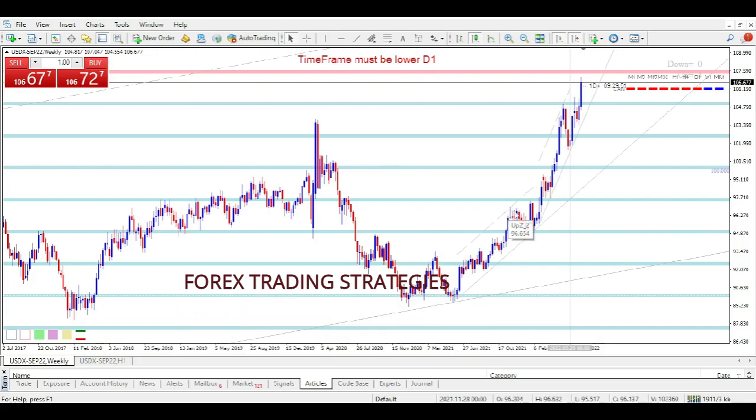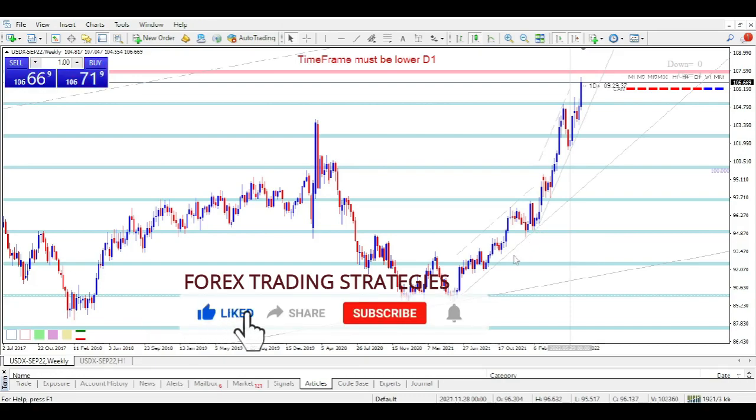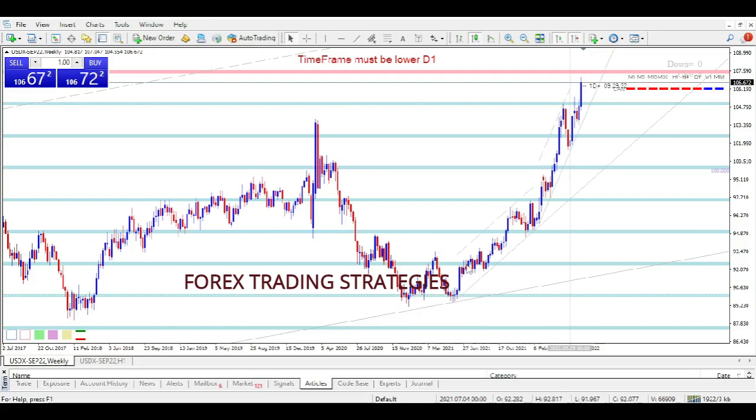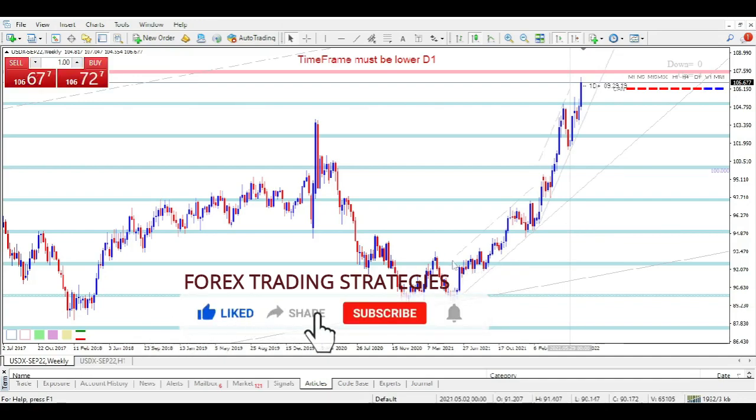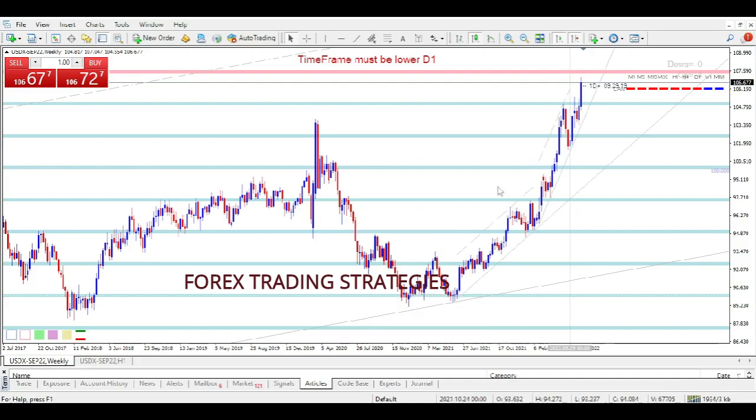So if you're going to be analyzing any pair or asset, and you're interested in where it is going, and you want to go with the trend, you can start with the weekly time frame, or you can start with the daily. I know people don't care about the weekly and the monthly and just want to start on the daily. You can start with the daily, and from there you want to spot the key trend as well as the key levels that you want to plot out. Then let's just drop down to the daily,